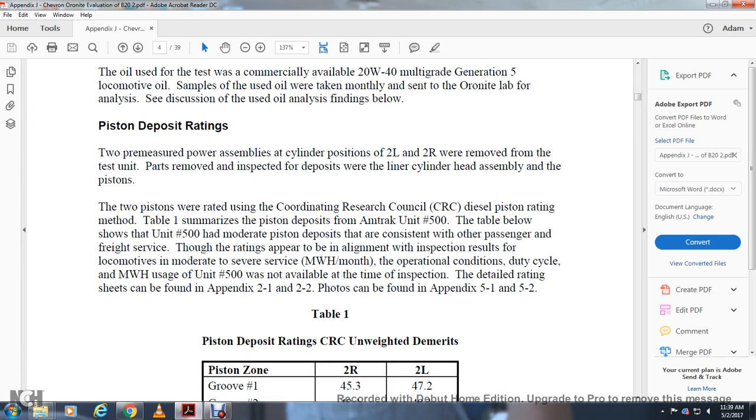The power assemblies were removed and inspected for deposits on the liner, cylinder head assembly, and the pistons. The two pistons were rated using the Coordinating Research Council diesel piston rating method. Table 1 summarizes the piston deposits from the Amtrak unit number 500. The table below showed unit number 500 had a moderate piston deposit level, consistent with the other passenger